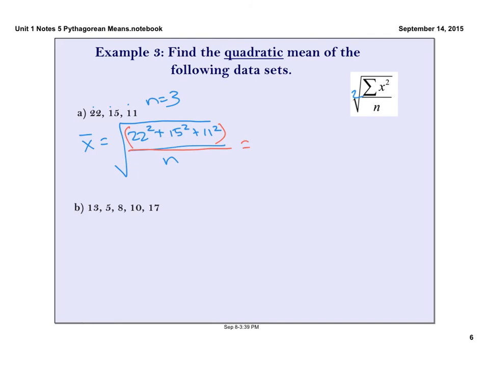I'm just going to take those three and type them in: 22 squared plus 15 squared plus 11 squared. Oops, sorry, I didn't get a square on that. 22 squared, try again, 15 squared plus 11 squared, there we go, 830. Oh, and I didn't put my 3 there. Sorry, that should have been a 3, my bad. So I have 830 divided by 3. So I take 830 and divide it by 3, and that gives me